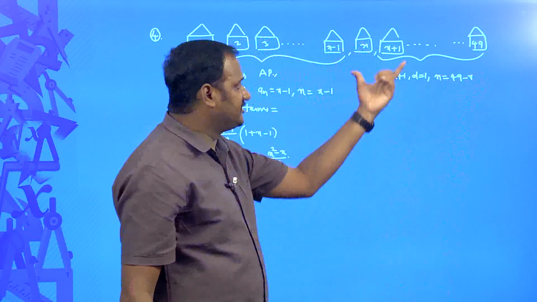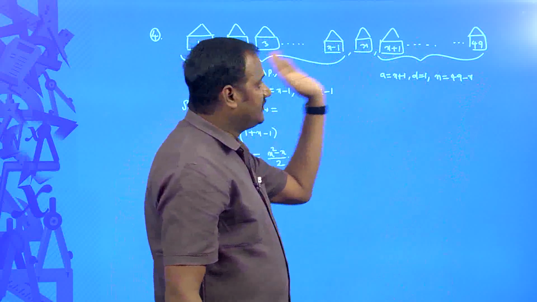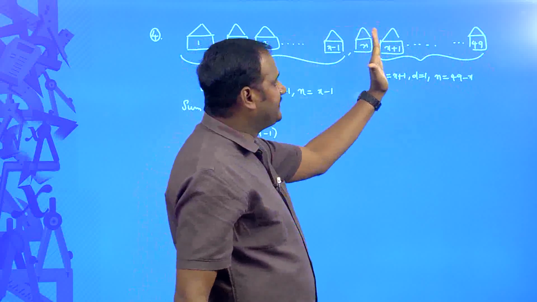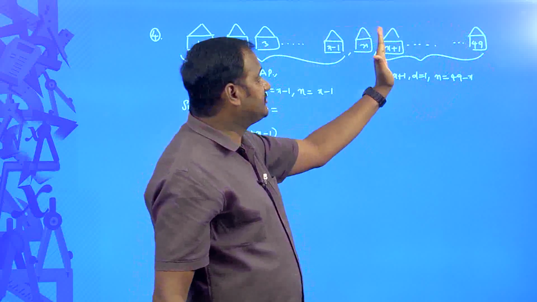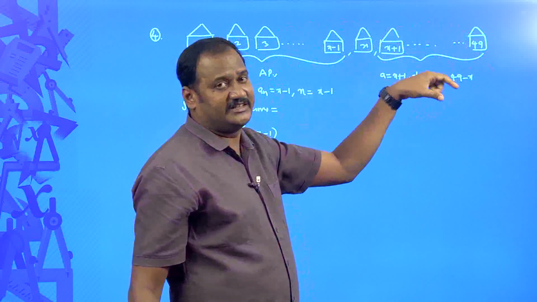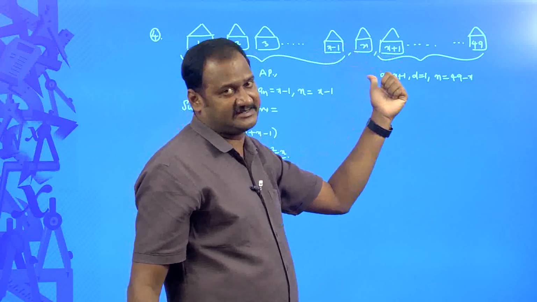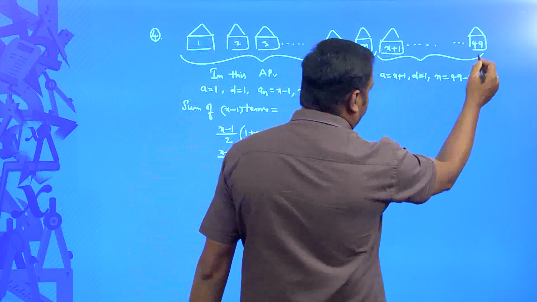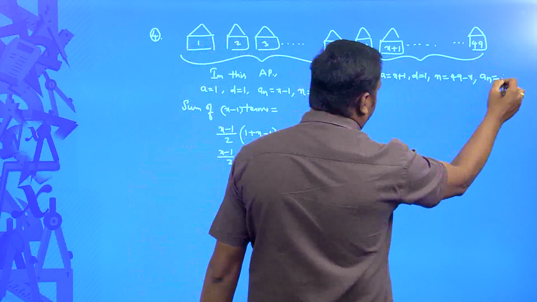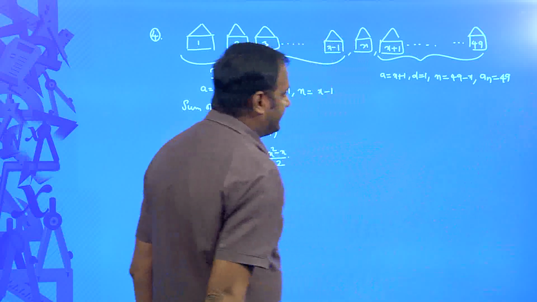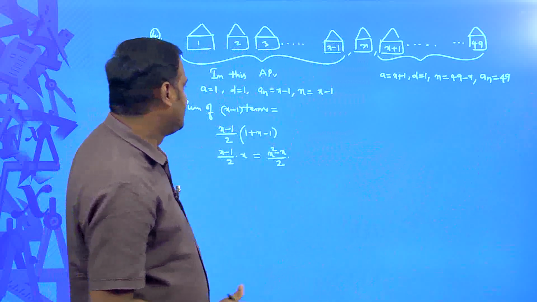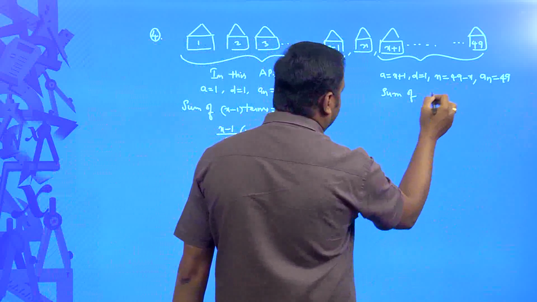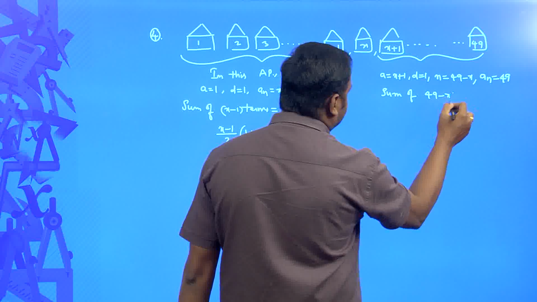Did you understand how many number of terms are there in this sequence? Total 49 terms are there, but we are excluding x terms. We are taking from x plus 1 onwards. Since we are excluding till x terms, the terms with us are only 49 minus x. Hope you understand why this n is equal to 49 minus x, and 49 is of course a n is equal to 49. So, with the help of this we can easily figure out what is the sum of these terms. So, sum of how many number of terms? Sum of 49 minus x terms